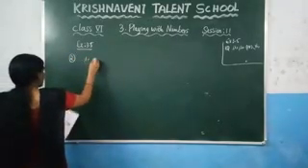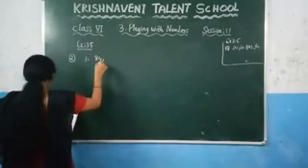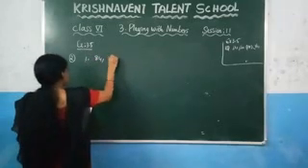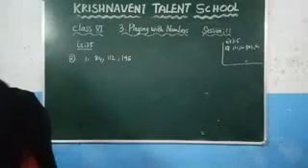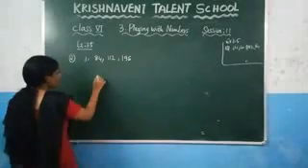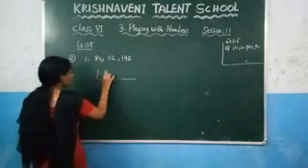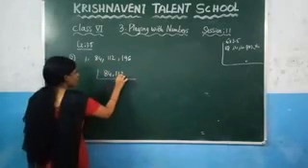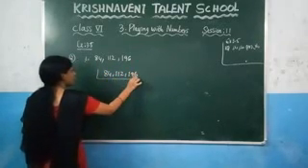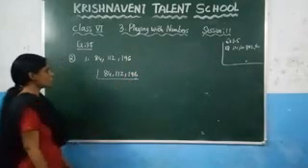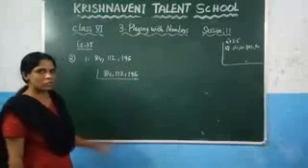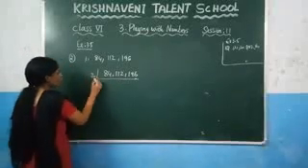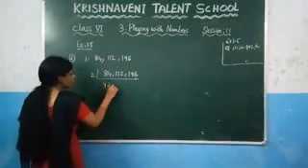You need to find the LCM of 84, 112 and 196. So here, by using the division method, you need to take all the values. So write it here, 84, 112 and 196. And first you need to check in which table you will get all these values, and you know that in 2 table you will get. So write it here 2, 2 4s are 8, 2 2s are 4.